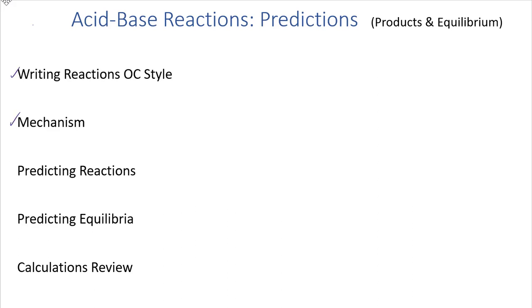We'll have a chance to practice mechanisms, but we're really going to focus on predicting reactions, which is going to be what products are formed, which part of the starting material or which hydrogen in the starting material is given up, and what part of a starting material grabs that hydrogen. We're also going to predict are these reverse favored or forward favored equilibria, both in terms of the acid-base strength factors,